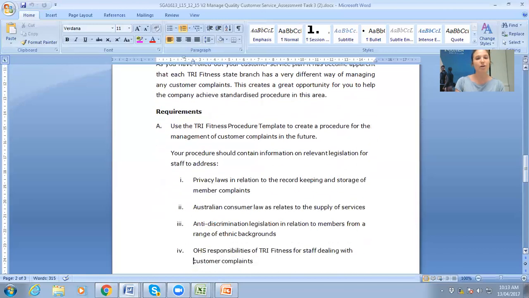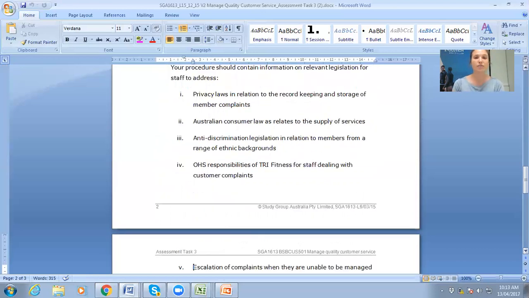So the requirements of this assessment: you need to use the Try Fitness procedure template to create a procedure for the management of customer complaints in the future. Your procedure should contain information on relevant legislation for staff to address. You need to contain privacy laws in relation to record keeping and storage of member complaints, Australian consumer laws as relates to the supply of services, any discrimination legislation in relation to members from a range of ethnic backgrounds, OH&S responsibilities of Try Fitness